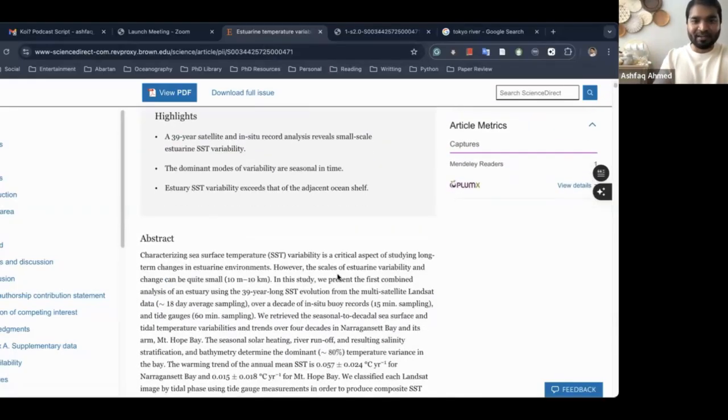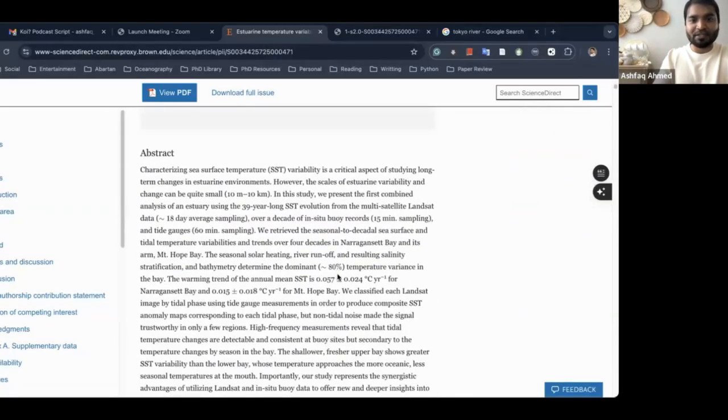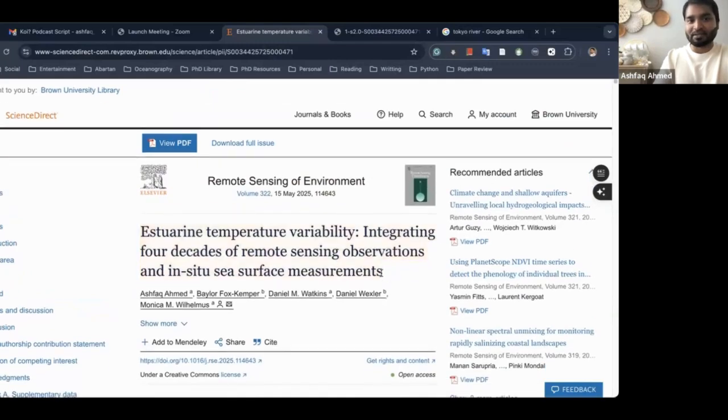Which sets up the purpose. So the question is, why would we care about this? Why would we care about estuaries? Understandably, there are reasons to care about estuaries, but why sea surface temperature? There is mud in estuaries, there is turbulence, there is marine biology, there are fisheries. Why specifically sea surface temperature? Well, there are a number of reasons for that.